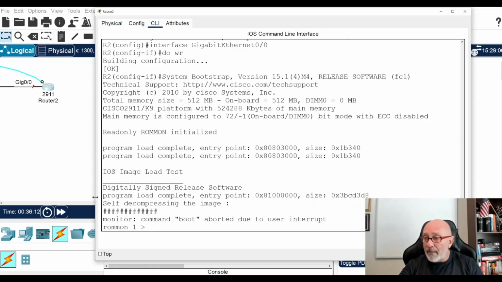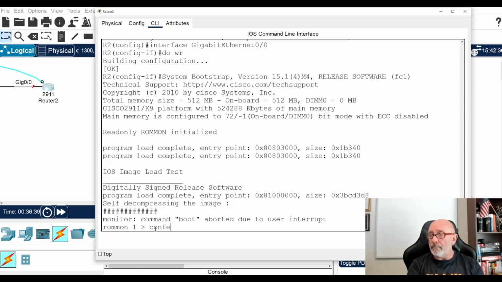And now look where I'm at. I'm in ROMMON. So your instructor says, oh, I'm going to give him a password. He's going to have to learn how to get in there. Or she, whatever. So I'm like, all right. I'm going to change the register because the register changes how the router boots up or what it looks at. So by default it is 0x2102, which says, hey, look at the startup config and if there's anything there, load it in NVRAM. I'm going to say, nope, ignore it.